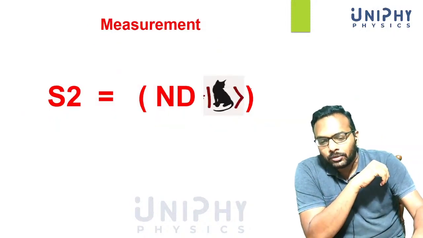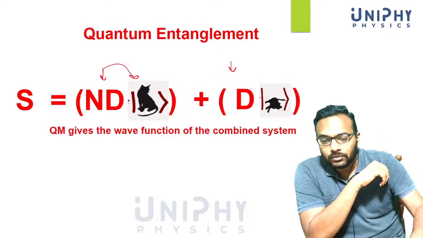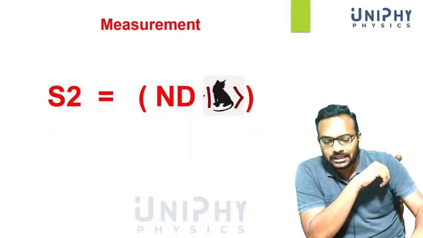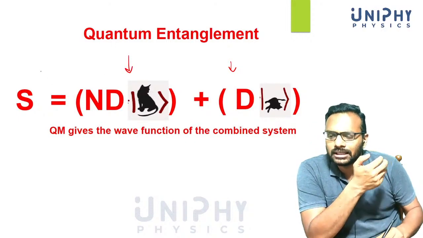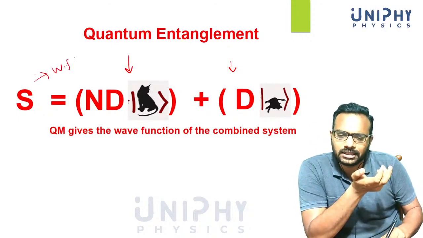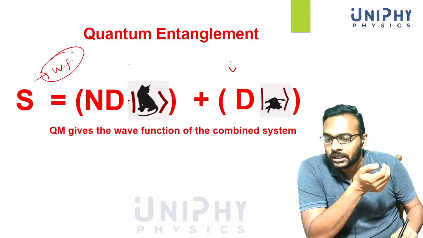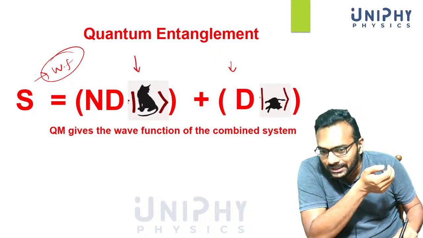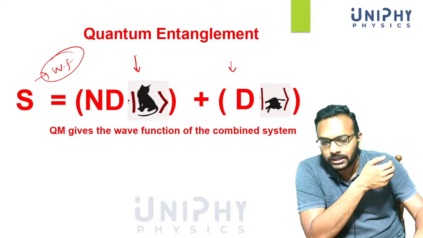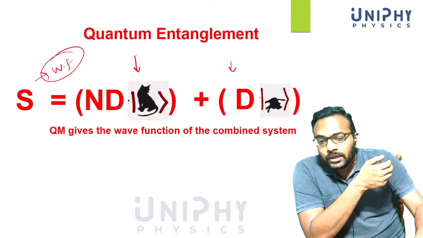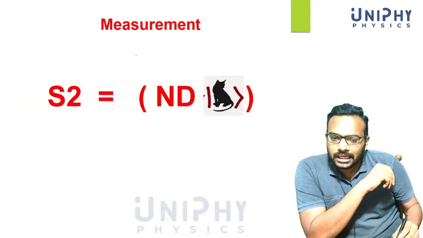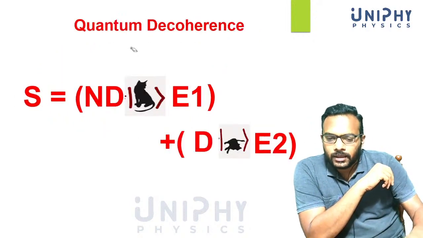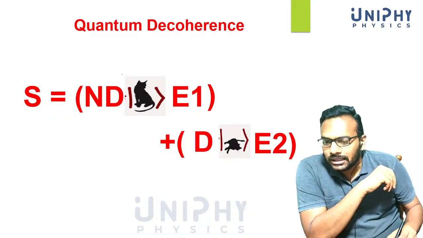Now what happens? If you measure an alive cat, what actually happens is that you find yourself in this branch of the wave function. I'll generally call this the wave function. So the wave function actually collapses to this state. Now, if you assume that the wave function is not actually collapsing, what happens is that the atom not only